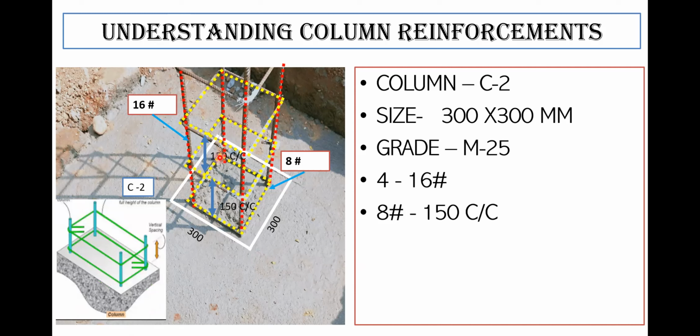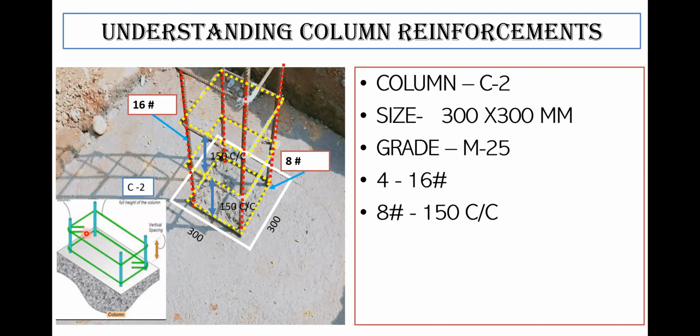So this is how it is, 150. This is a column, and these are the longitudinal bars. It's written 4 of 16 diameter. So this is the 1st, this is the 2nd, this is the 3rd, and this is the 4th. And these, center to center, are called lateral ties. The center to center distance is 150 spacing. And as I showed you, these are called hooks.